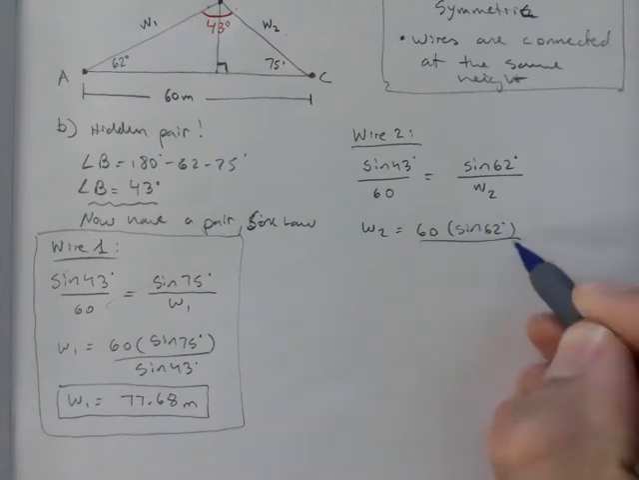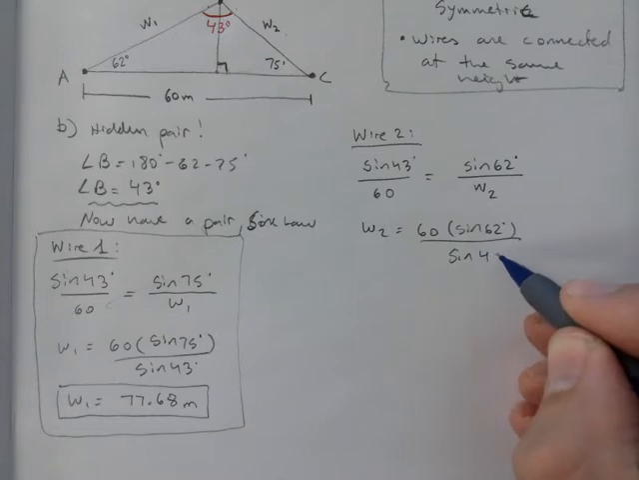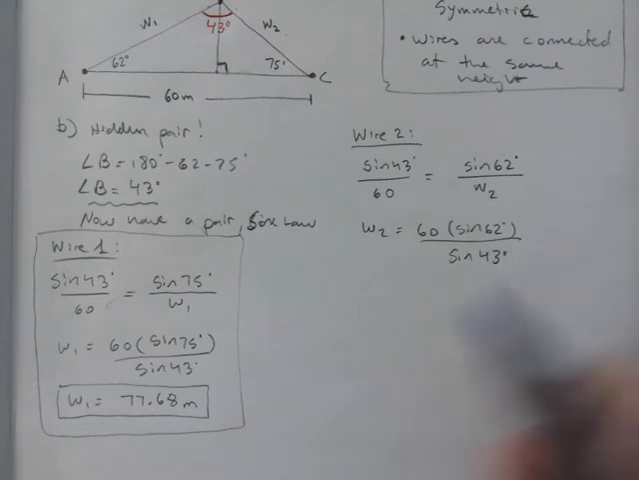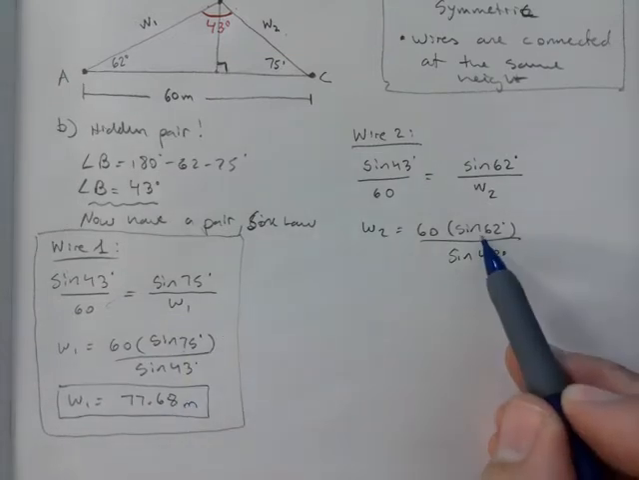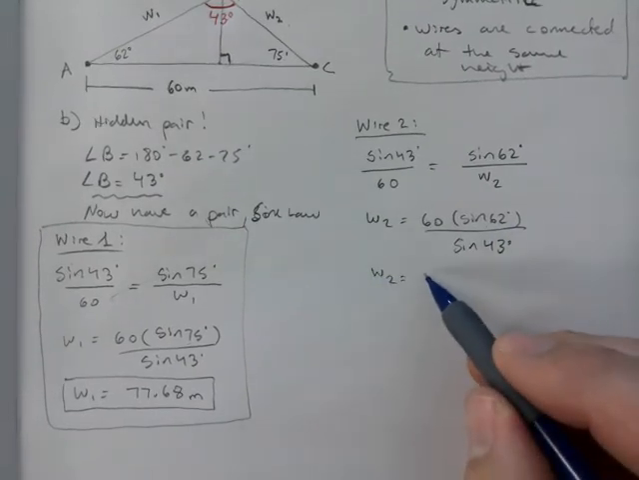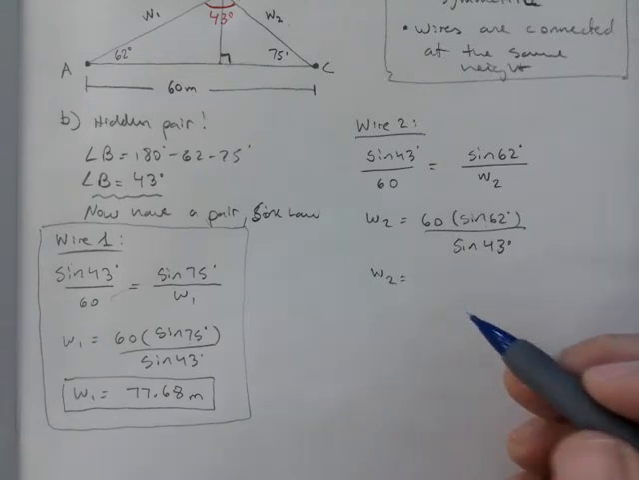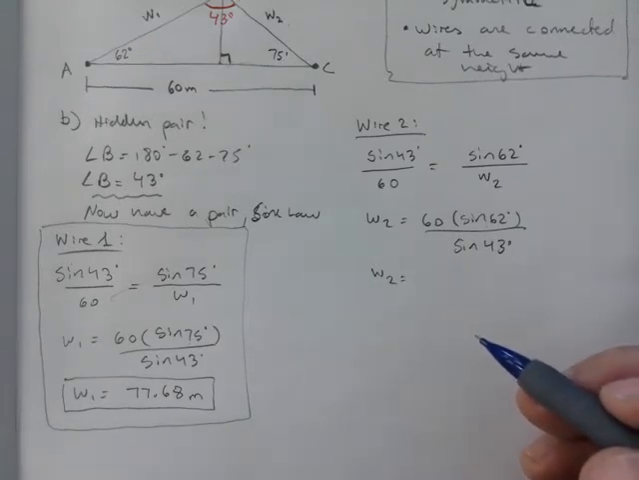And so it's basically copy paste, except for that sine of 62 step, right? That's the only thing that has changed. So W2, and we're expecting it to be,